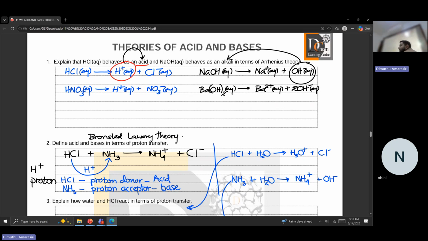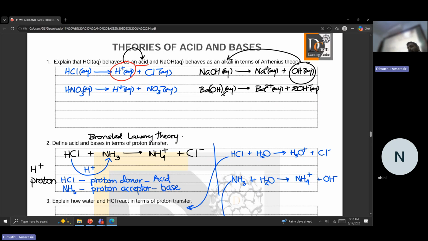Right? Which theory is closer to us? It was the Arrhenius theory. In the Arrhenius theory, they are dealing with aqueous solutions. Right? In aqueous solutions, the acids give H plus ions, alkalis give OH minus ions. That's what we have been learning, except for ammonia and O2 minus that we discussed. Right? It's the usual H plus and OH minus.